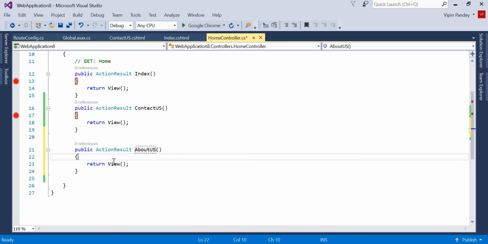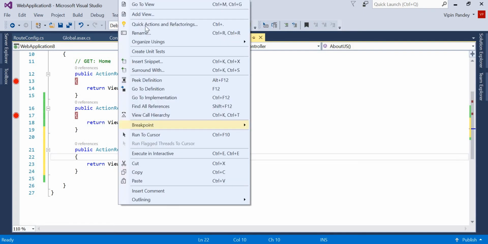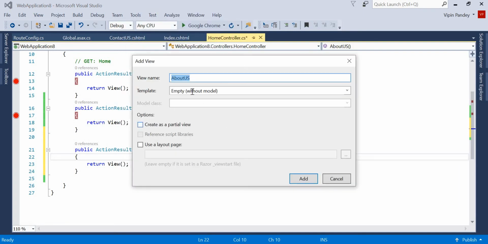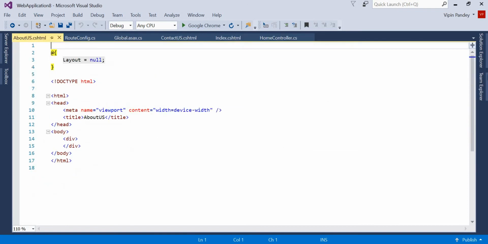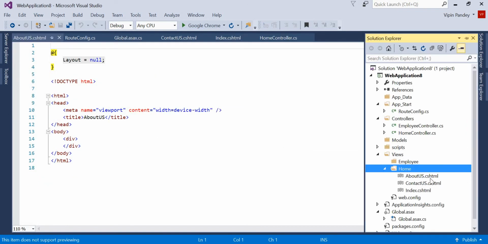So in this whole body of the action method, we can right-click, and we will get the Add View option. We click on Add View, and it generates a dialog box to add a view for this action method. You can see that by default it is taking the action method name, so we will keep the same, and we will keep all the checkboxes unchecked. With the default settings we proceed and click the Add button,